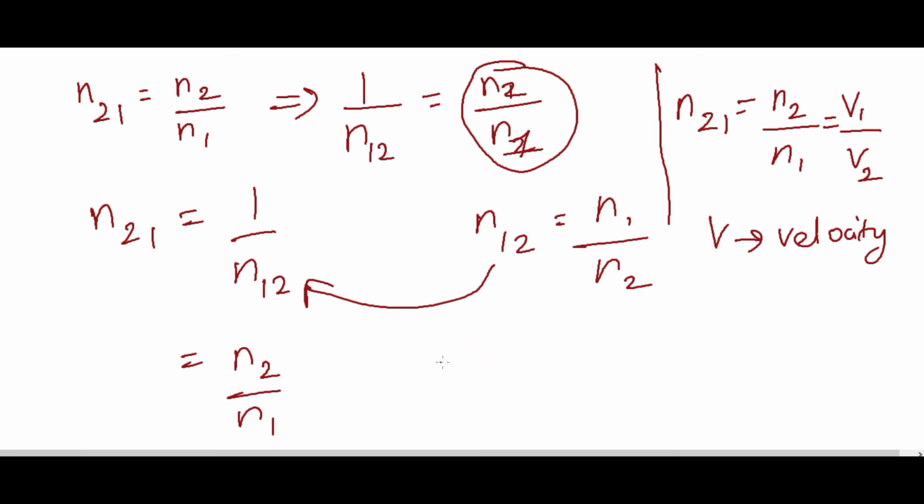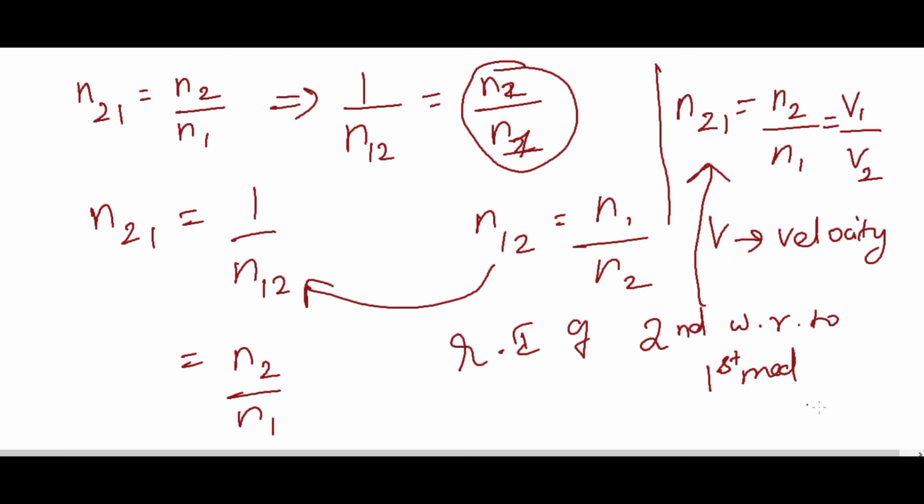It is the refractive index of second medium with respect to first medium. So this is also the same thing, n21 only. Okay? Second medium with respect to first medium. Then what about this case? That is n12. It will be the refractive index of first medium with respect to second medium. So this also you can see in the form of a statement in the question. By looking at that, you can understand what this is with respect to.